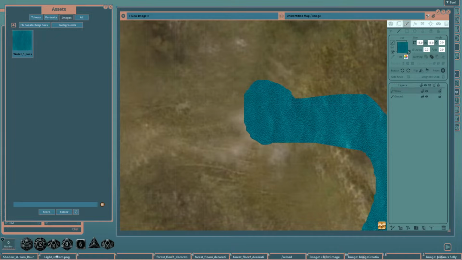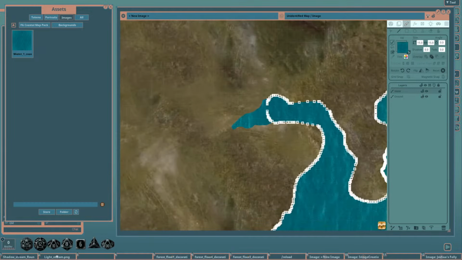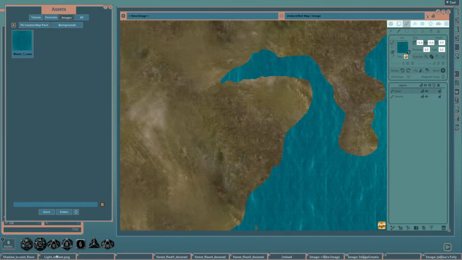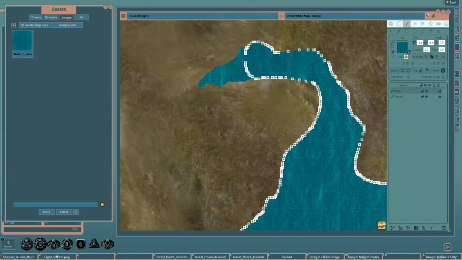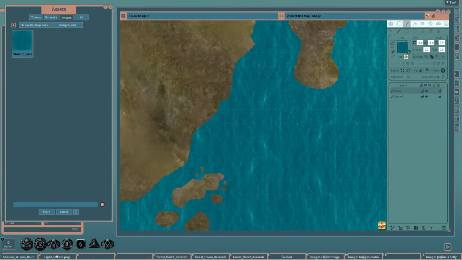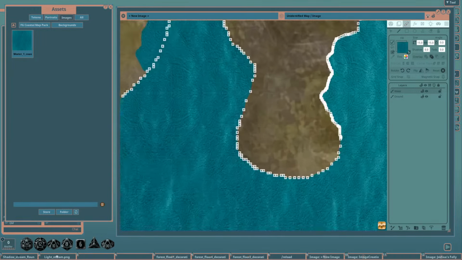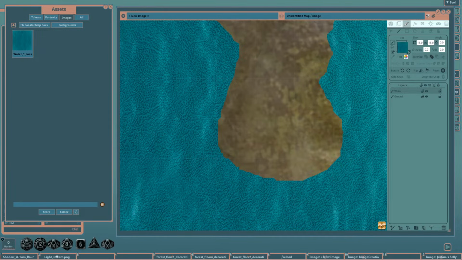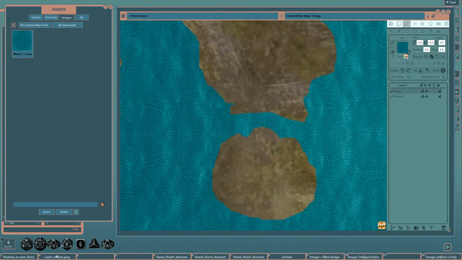So same over here. Let's say I want to add in some additional, maybe this is going to come in a little bit longer, maybe even become like the beginning of a river or whatnot. Maybe I want to come in and make this a little bit rougher. And then on the same note, we can also come in and just build things like straight across, right? So we can make